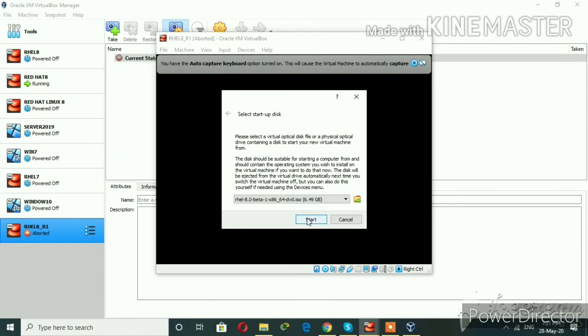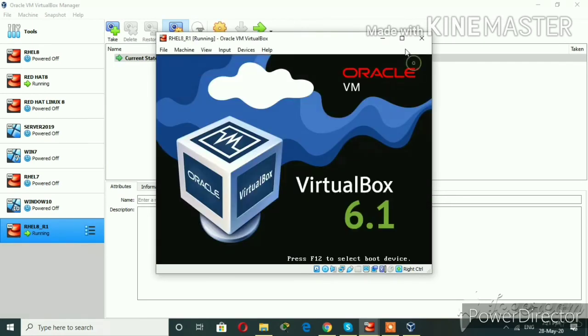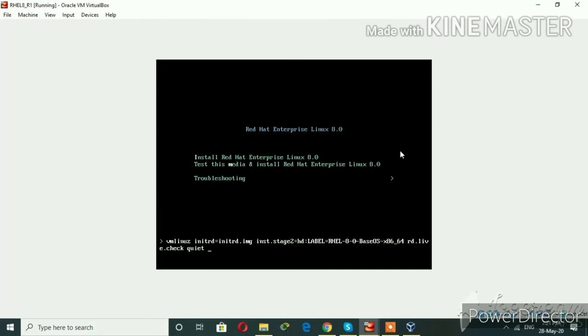Now you will go to the client machine and boot from the CD. We'll press the tab key, and below here we will write ks=ftp://, the IP address of the FTP server, 192.168.1.1/pub/anaconda-ks.cfg.